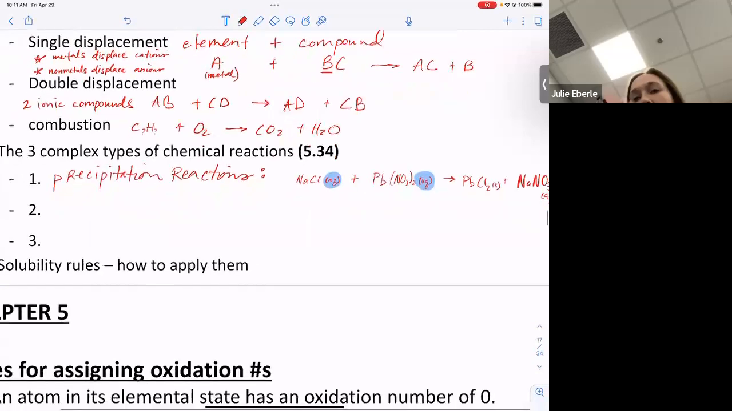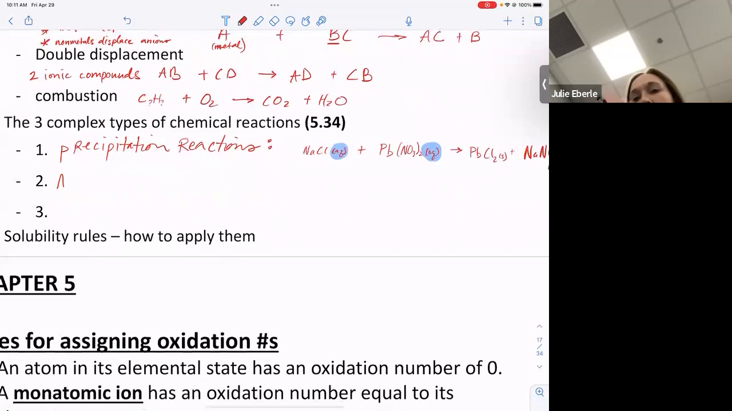All right, number 2, we talked about acid-base reactions. These should be fairly easy for you to spot now. If a hydrogen is transferred from one substance to another, it's acid-base, okay? So this is the transfer of hydrogen from acid to base